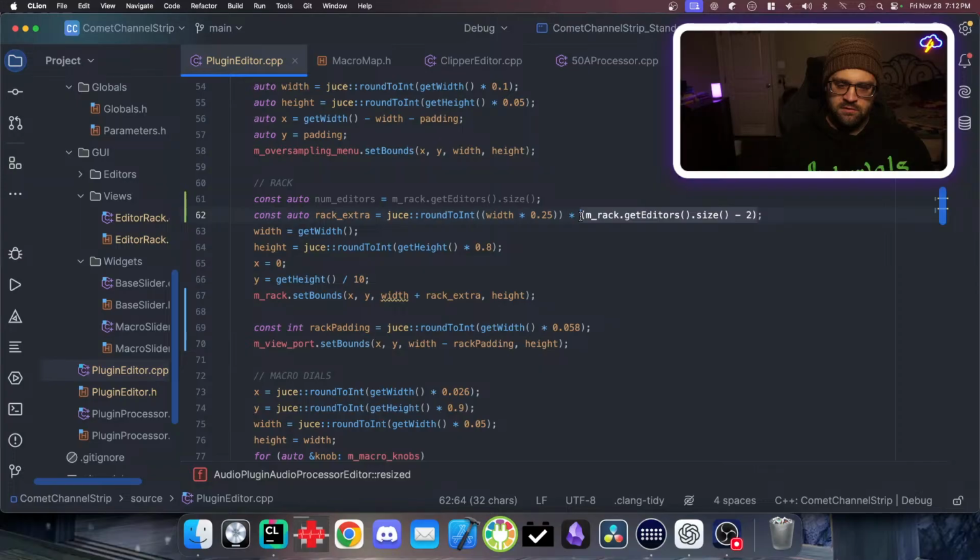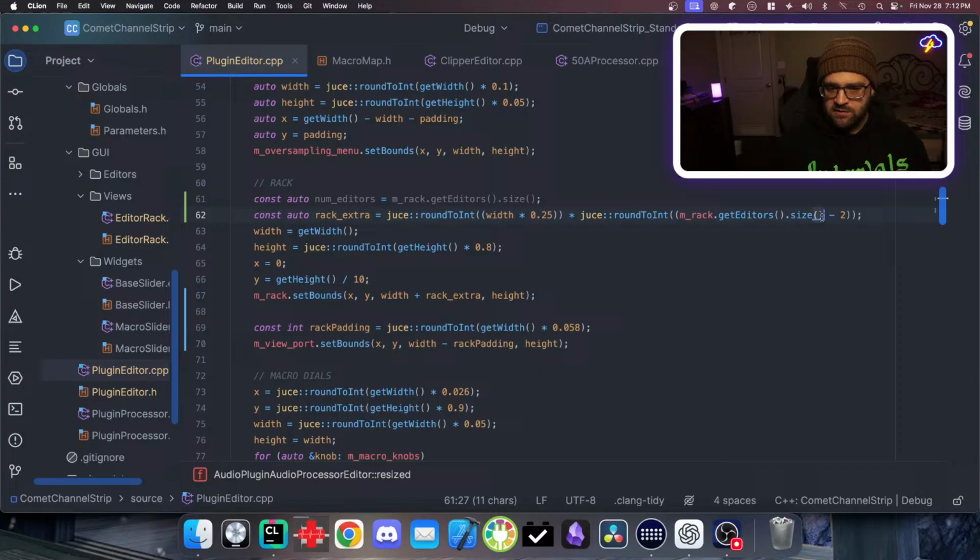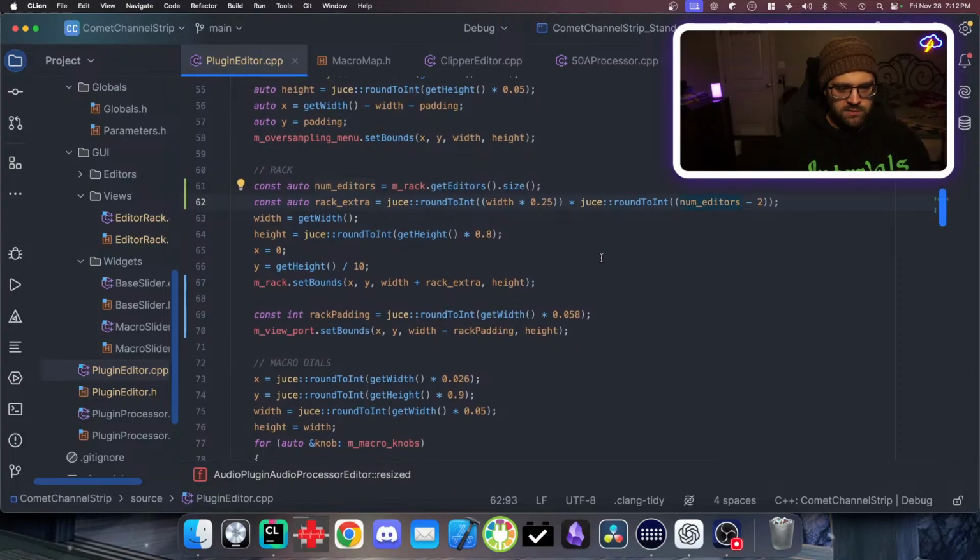This is an integer. I think we need to actually round it. I think we should. Actually, we'll leave it like that. Okay. So this is num editors. Let's actually use it. Okay. All right. So hopefully now